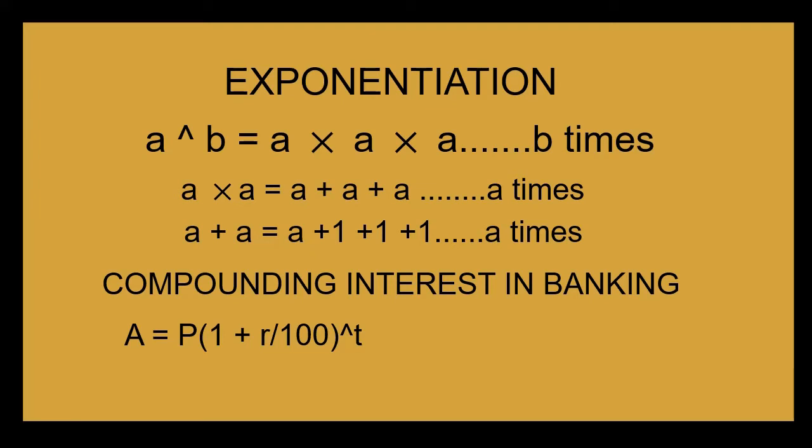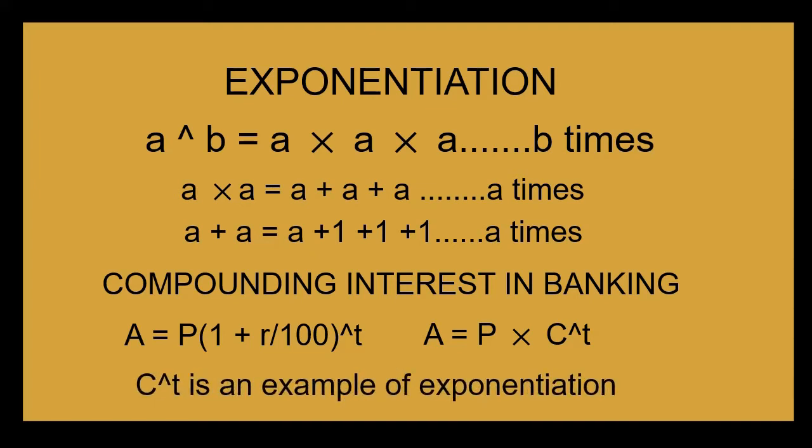Now, usually the rate is equal for all investors in a bank during a particular time, which depends on the economic conditions. Hence, A equal to P into C raised to T, where C is a constant. And here C raised to T is an exponentiation of C by T. For your information, the natural growth factor for 100% rate over infinitesimally small periods of time is the magic constant E.